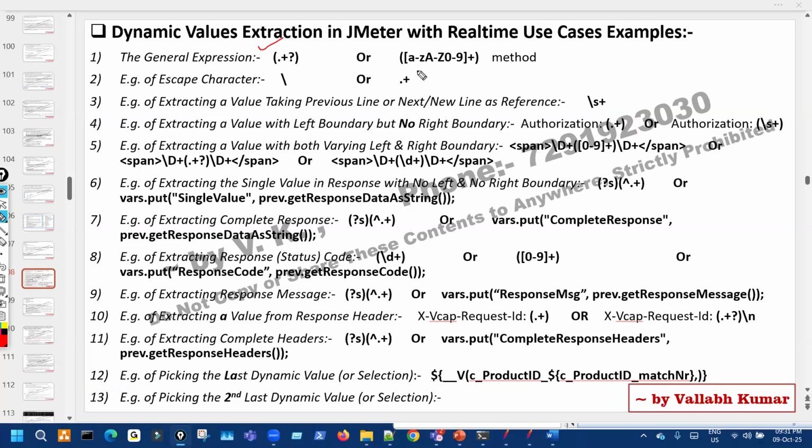Then we have the A to Z method. Okay. So sometimes we have to go with the A to Z method as well. So one example like